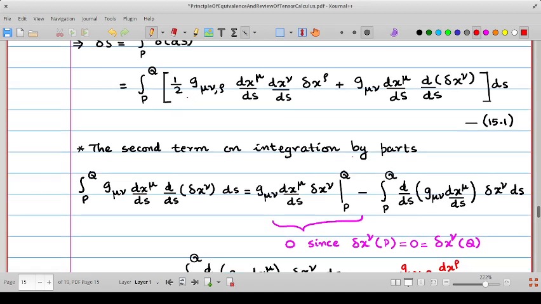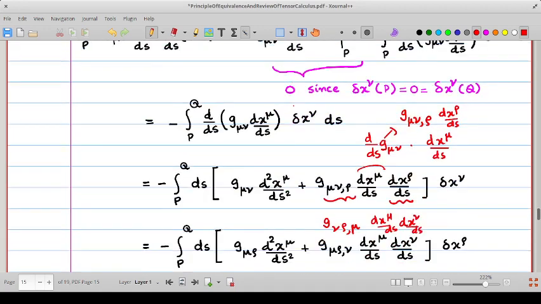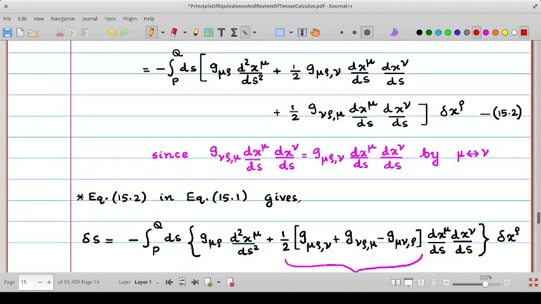This already has a half here, and this dx mu by ds, dx nu by ds and delta x rho there. And we have manipulated the terms in this term so that we also have these factors appearing there. So this factor of half and this can be taken as common, and when we do that we will get delta s equal to, and we put an overall minus sign, integral from p to q over ds, then this common factor